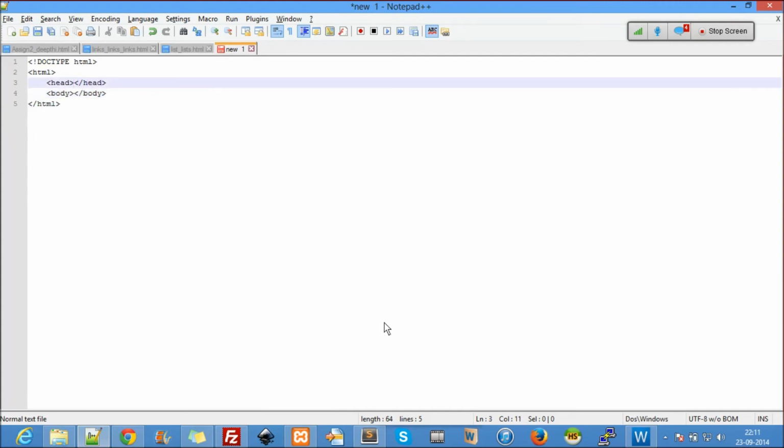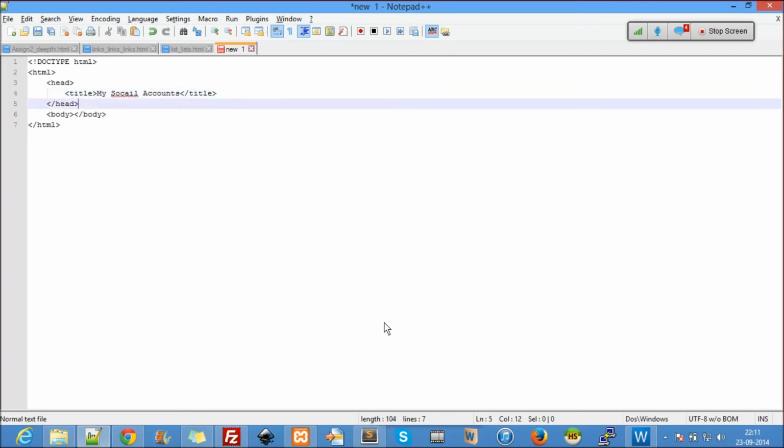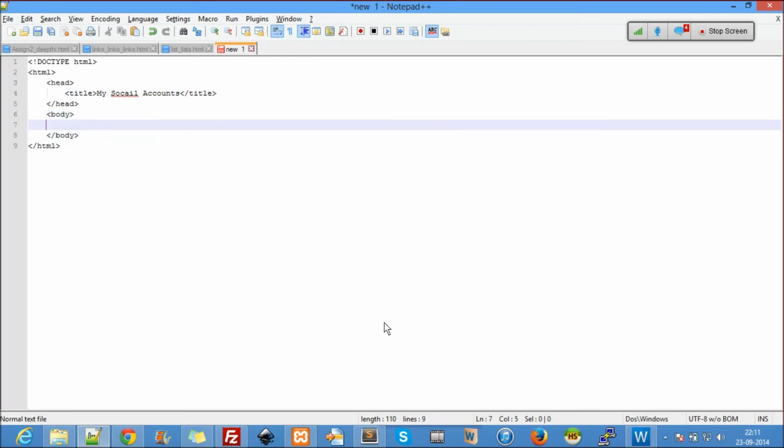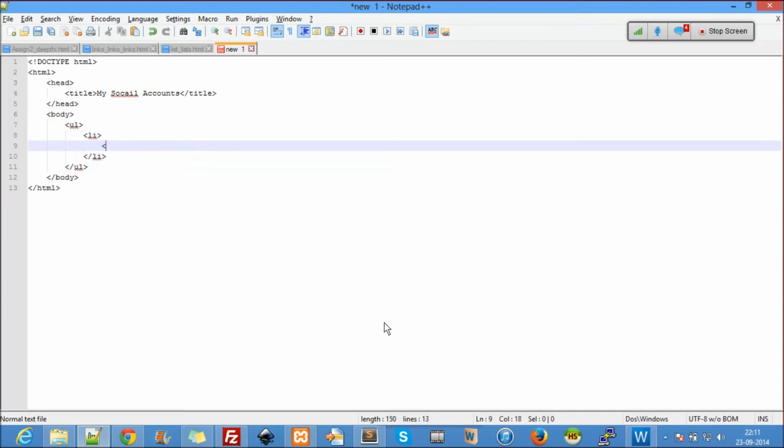So I'll name this as my social accounts. Okay, here I'll use unordered list. I'll use an li, and I use a link here. So the first and foremost social networking account we come across is Facebook.